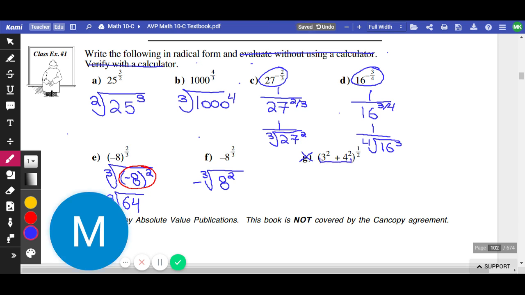So if you put that in your calculator, 3 squared is 9, plus 4 squared, which is 16. You should end up getting on the inside of that thing 25. And then 1 over 2, like that. Then you can convert that thing to become radical form. Radical form would be the square root of 20. You won't get a question like that, so I wouldn't stress that one if it was stressing you out.